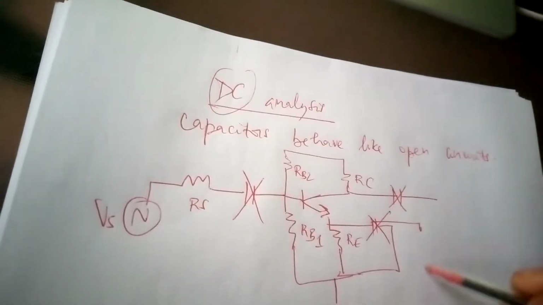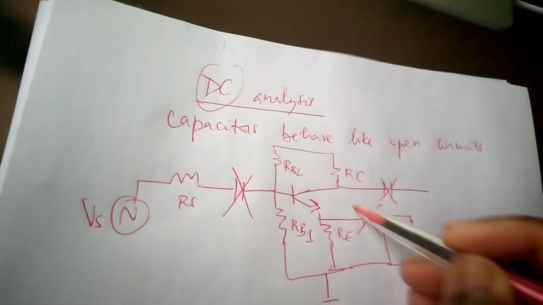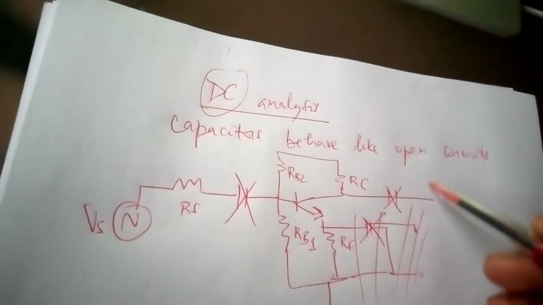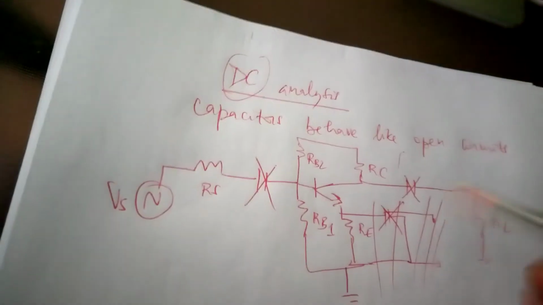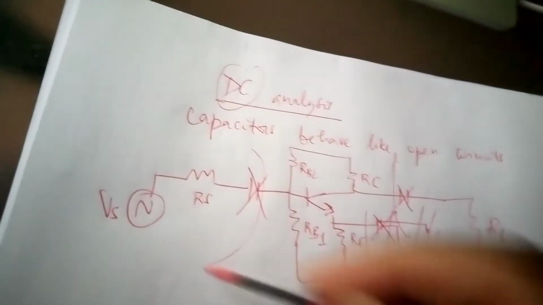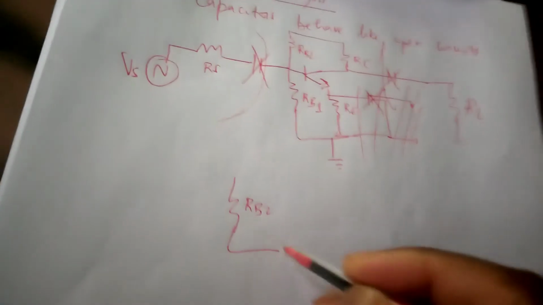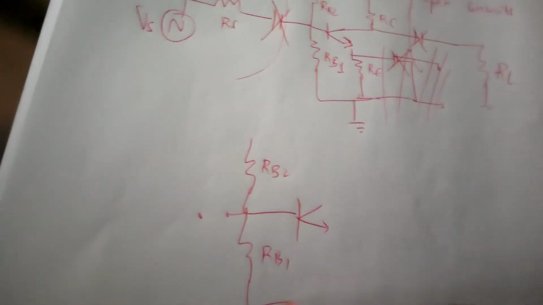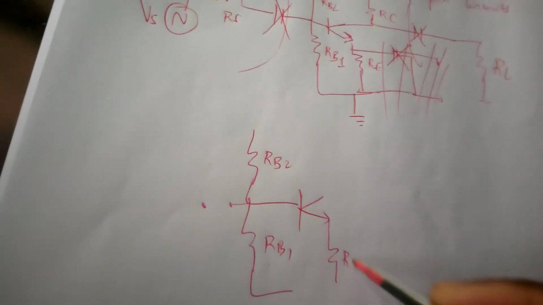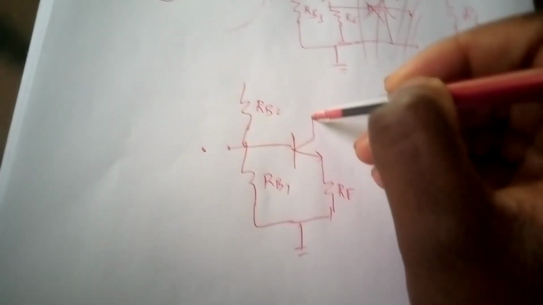So you can open the circuit here, which makes it as if the capacitor doesn't exist, as if that whole part, there could be a load resistor, doesn't exist, so it's cut out, and that side is cut out. So you end up remaining with RB2, RB1 only, because the capacitor is behaving like an open circuit, right? That's the point I'm trying to make here. And it's a very important point, because when you do this analysis, you do not consider the impact of the cap.